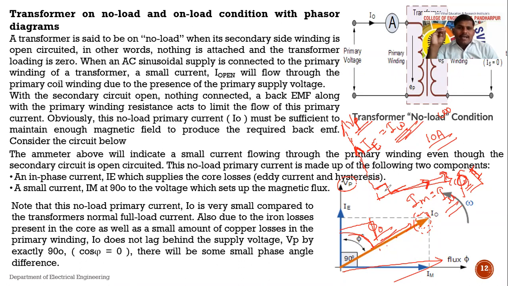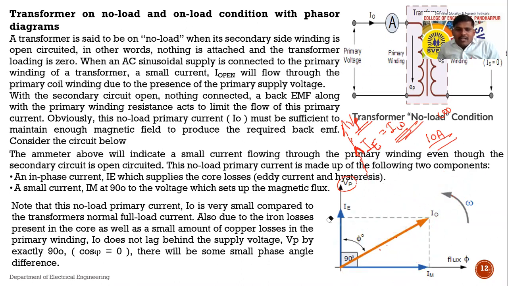It is represented by IM, or it is represented by I mu. This component is lagging behind the supply voltage by an angle of 90 degree. Now see, if we draw the parallelogram of these two components, see here,